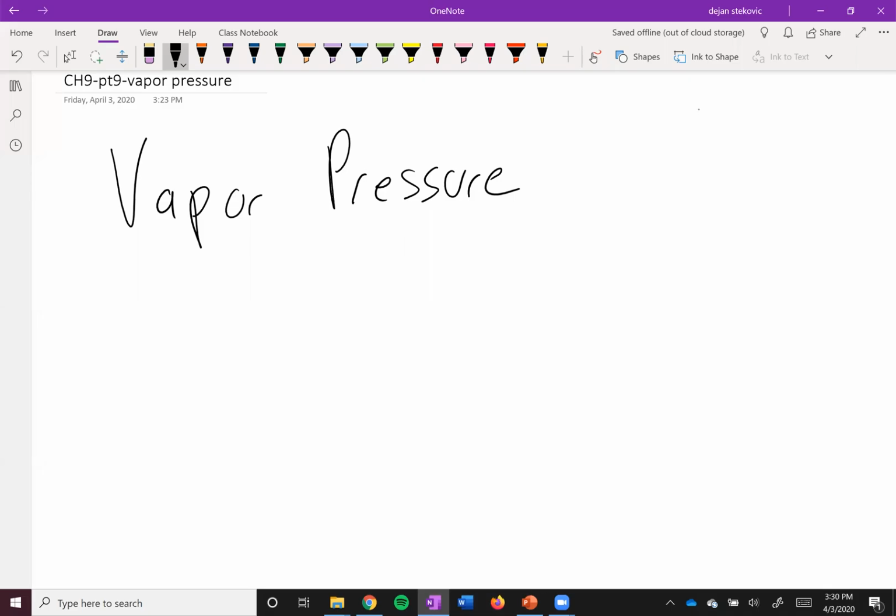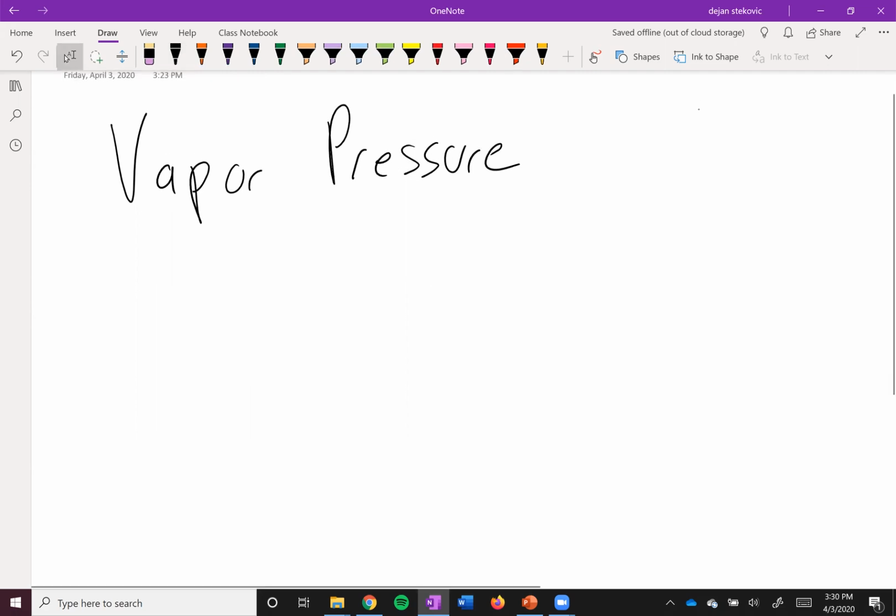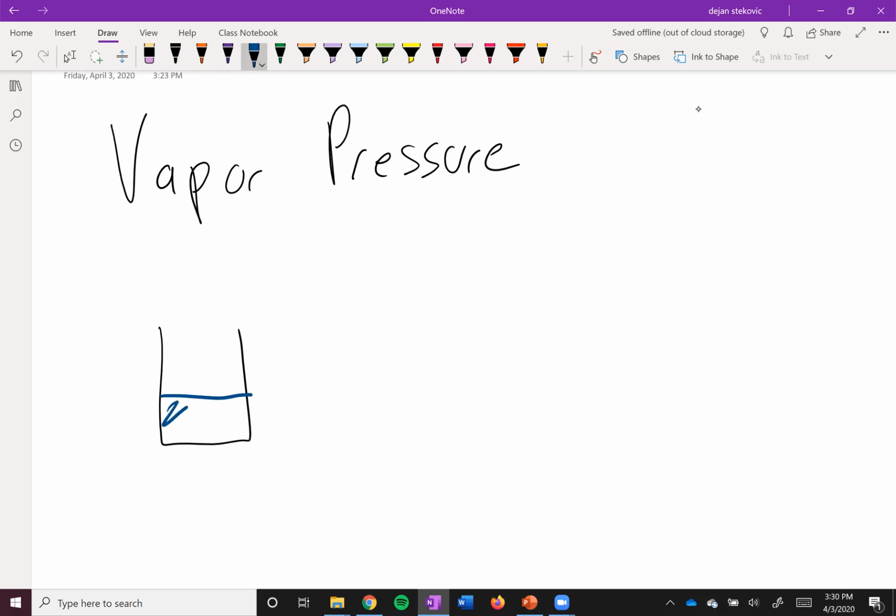Next up is just a short intro on vapor pressure. This is something that we'll touch on more later on, and more so in 102. Let's start off by imagining that you have a glass of some water. So this right here is water. If you let this glass sit there for a couple of weeks, maybe a couple of days,